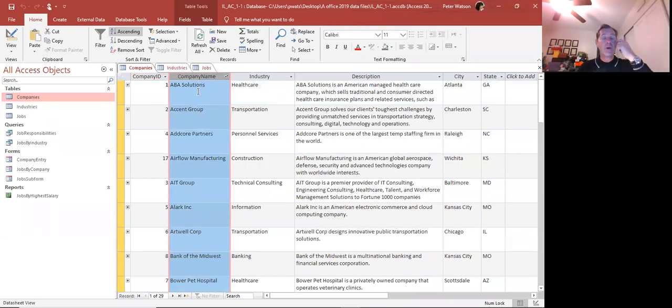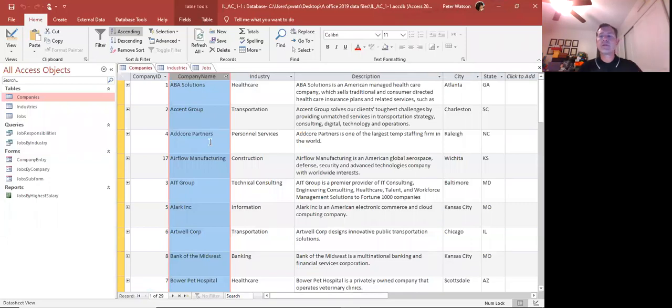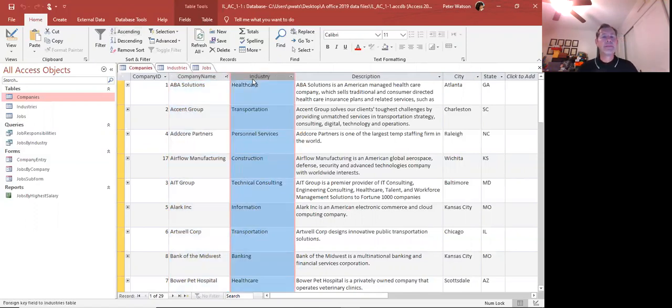So the way that a table works is that each table is made up of individual fields. In this table, there are 1, 2, 3, 4, 5, 6 fields. The one that's highlighted right now is the company name field. And then the industry field, the description field, the city field, and the state field. So you can think of these as individual pieces of information that I would like to keep track of for